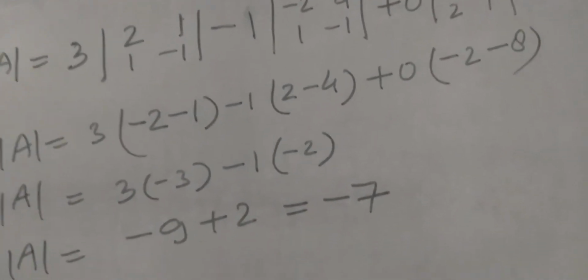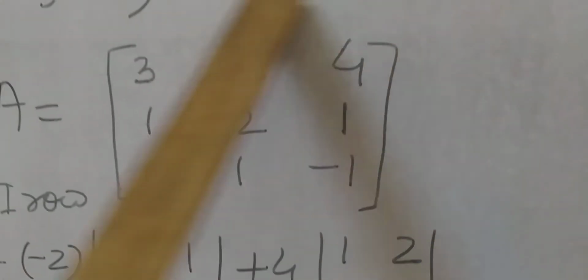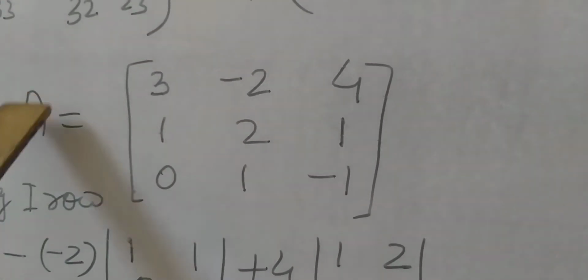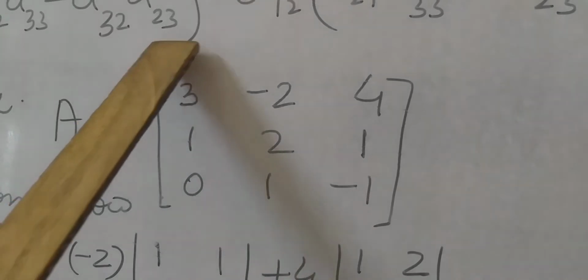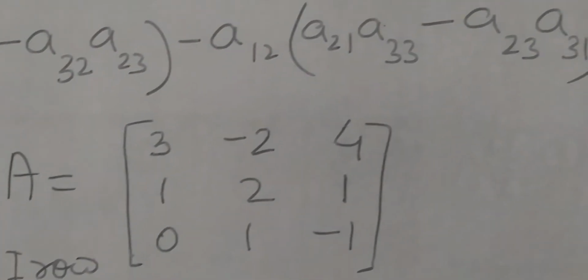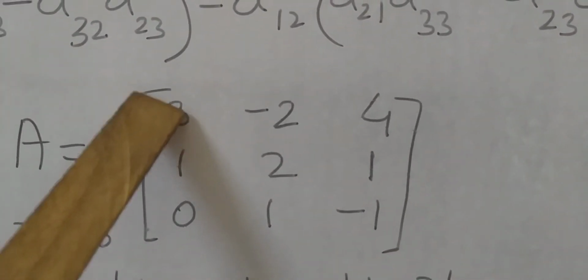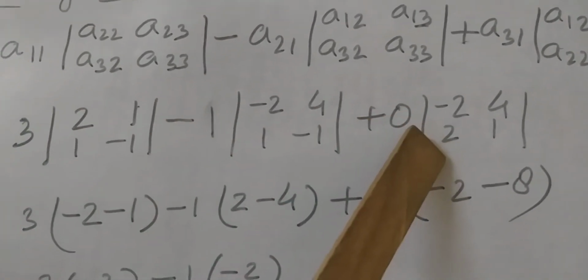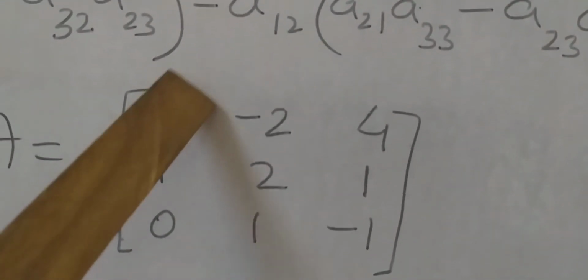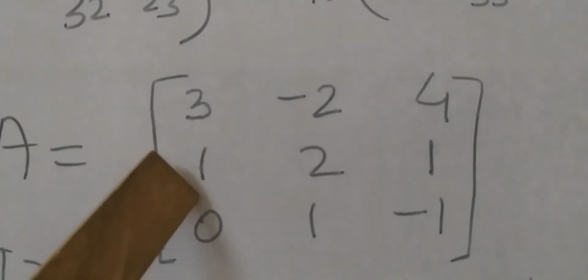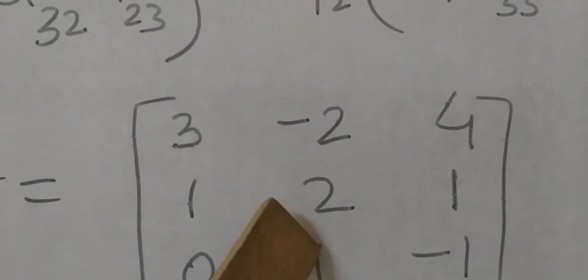Let us solve the example by using the first column. So I am going to expand it along the first column. Correct, student? So the determinant of A, I have written first column elements 3, 1, 0. So I have written 3, 1, 0. So 3 is at the position of A11. That's a plus sign. Next is A21. Correct? So 2 plus 1 is 3, minus sign.